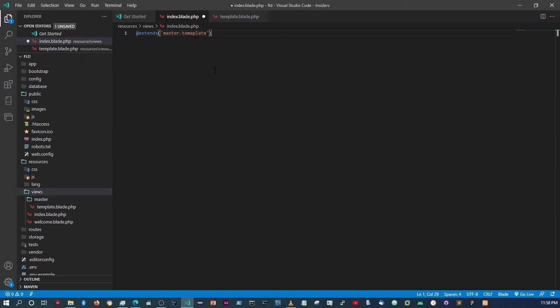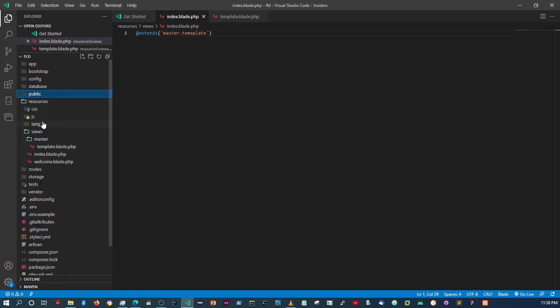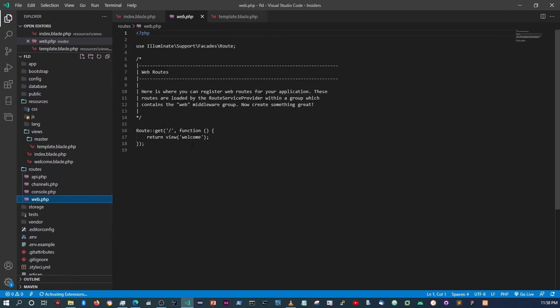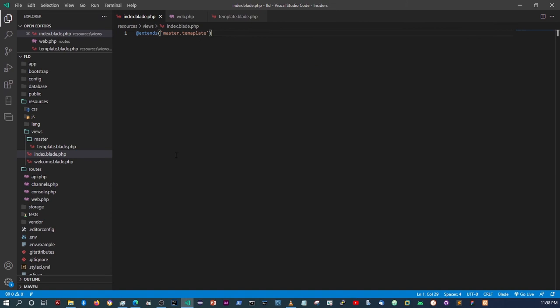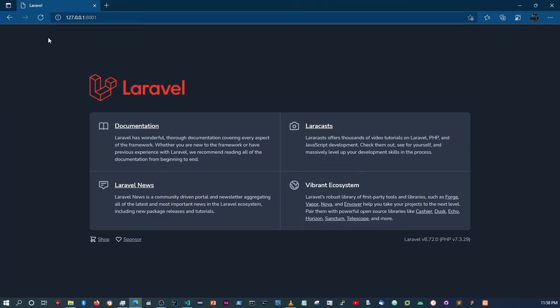Since we have that, now let's change the routing. We're going to come here within routes and then web. We're going to change this from welcome to index. What it's going to do is pull up this index file that we created, which is extending the master template. So if you come back here and we refresh,